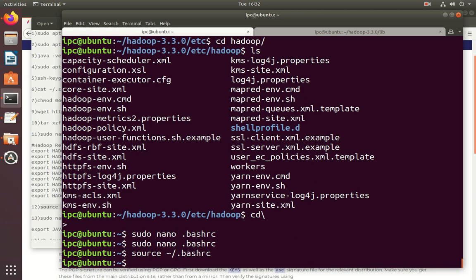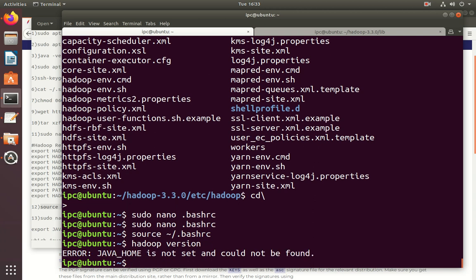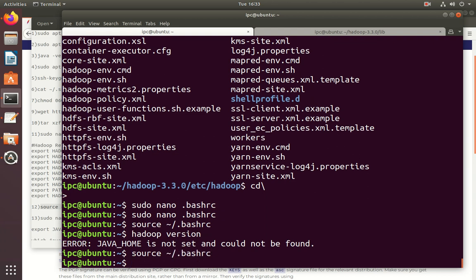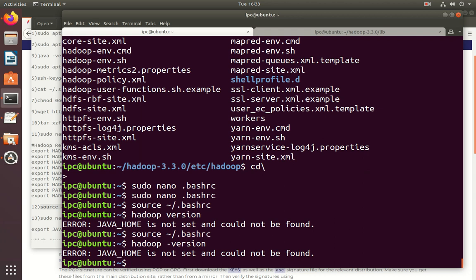Now here you can check the Hadoop version with hadoop -version.